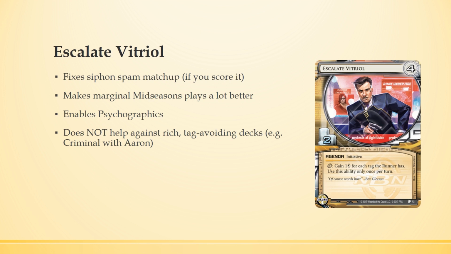If your economy is asset based and they control your economy, like Siphon Wizard's a good example of doing that, well, you still have your own economy in Escalate Vitriol if you have it in your score area. It also makes marginal mid-seasons plays a lot better. So if you're able to exceed the runner's trace strength by 3 or 4, you're basically forcing them to actually meet the trace and lose all their credits. Otherwise, if they take a lot of tags, 20 or so, well, you're gonna get big money from Escalate Vitriol,